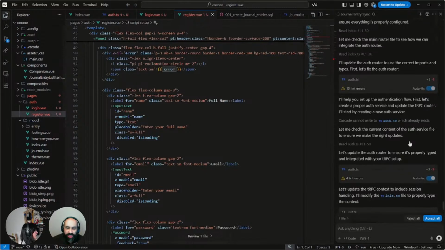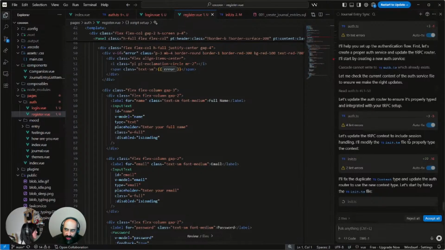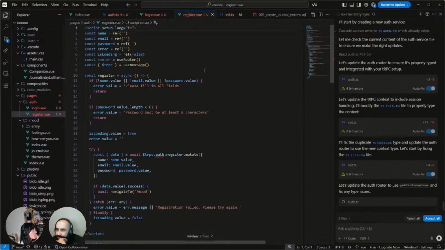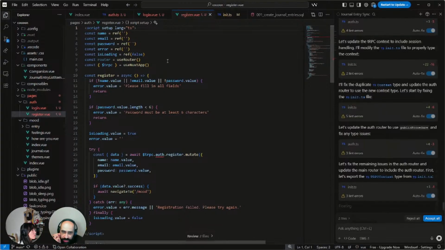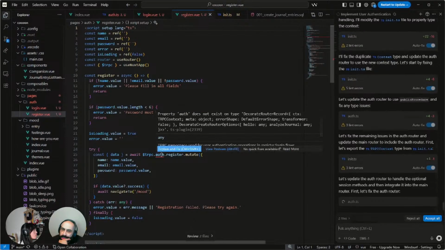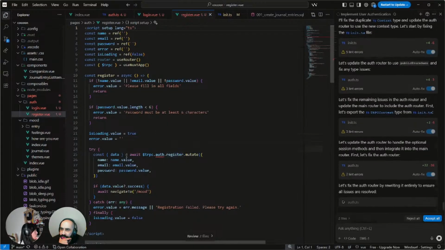Yeah, I think it's weird because it created those endpoints in the back end, but maybe while doing the front end, it didn't really use them. Can you, in the login or the register page, scroll all the way to the top? Just in the page you're in, yeah. So TRPC auth register mutate, that auth, on line 25, it has a red underline on it. And it seems like it didn't properly connect the two for whatever reason, which is weird.